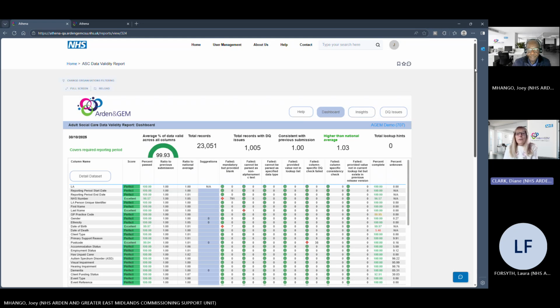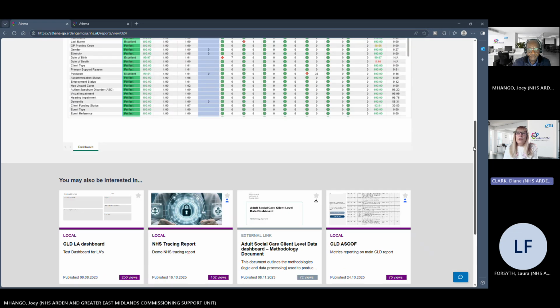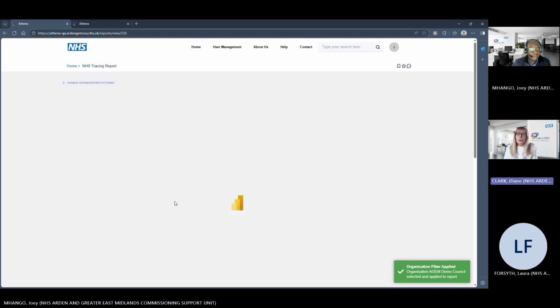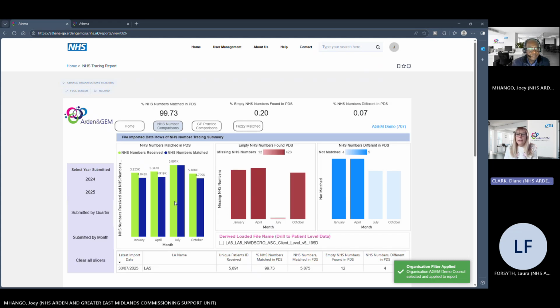So moving on, the next report that Joey will go through is the NHS tracing report. And this one you will also be familiar with. So it has been migrated over from Mesh. However, this one has had a lot of additional work and intelligence added into it as part of that migration. So it no longer just gives you missing NHS numbers where we've been able to trace them. It will also tell you if we think you've got an incorrect NHS number recorded, as in whether it matches